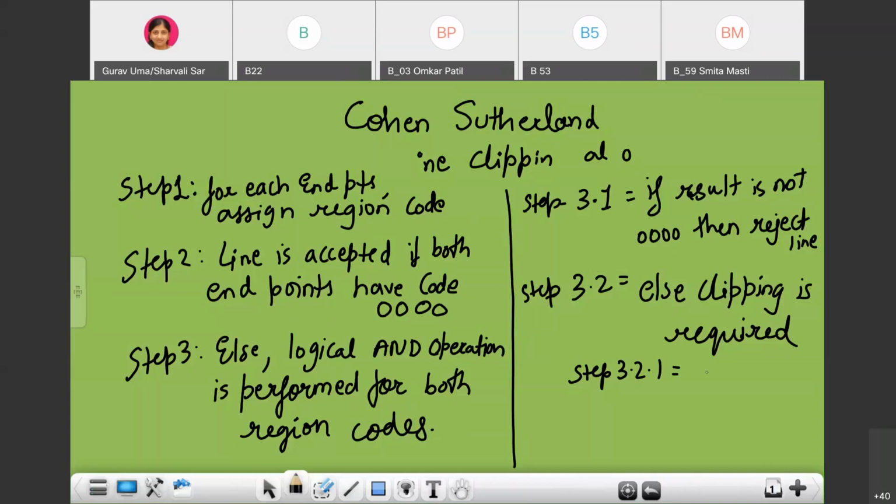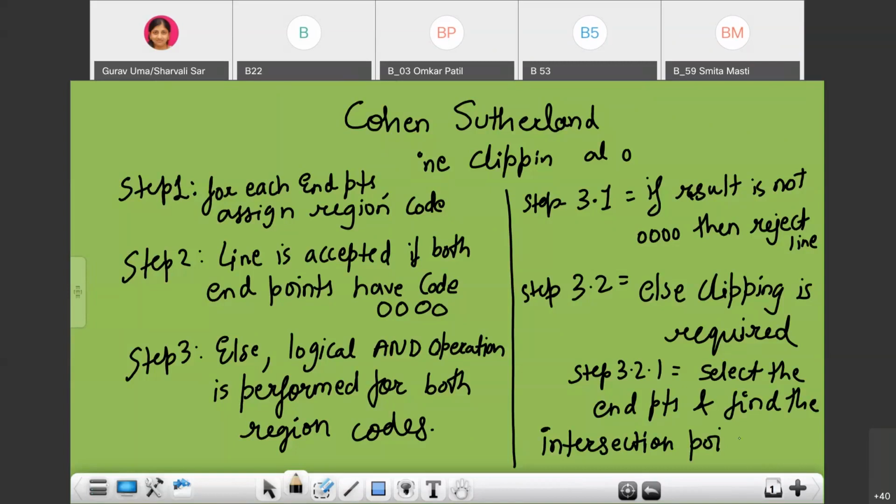First we will select the endpoints and find the intersection point. So this is step number 3.2.1.